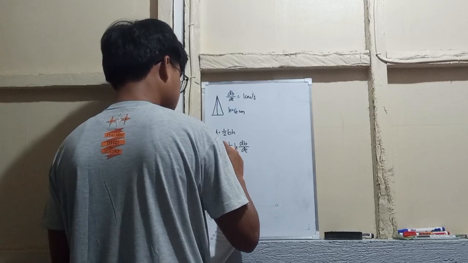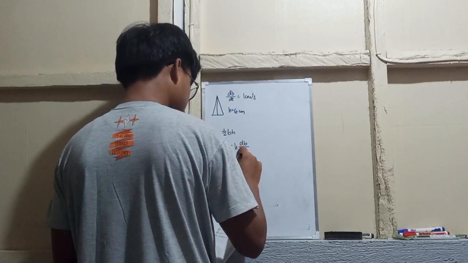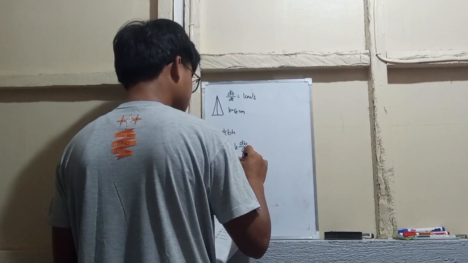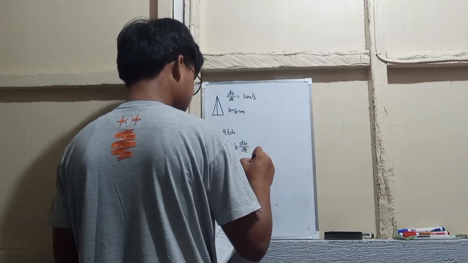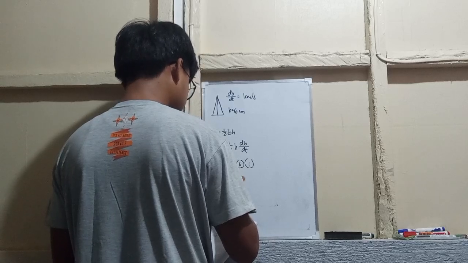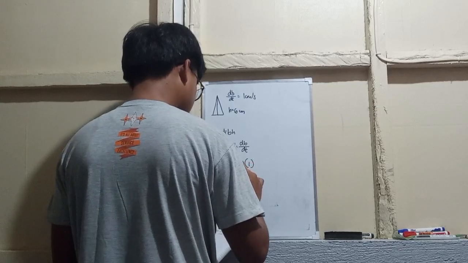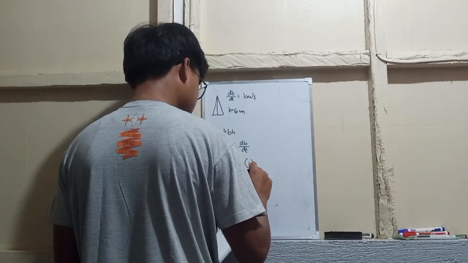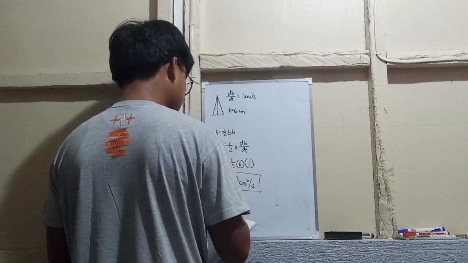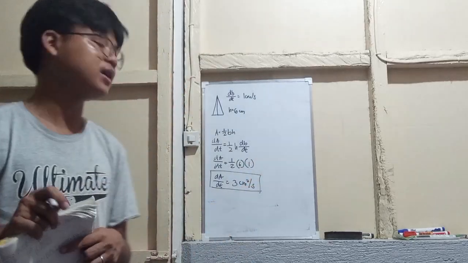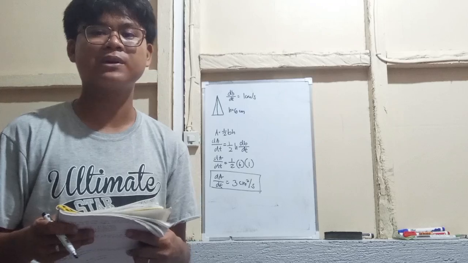So now that we have the formula, we will substitute the given. So dA over dt is equal to 1/2. Our h is equal to 6 and our dB over dt is equal to 1. And now solve. We will get the value of 3 centimeters squared per second. So now we have the final answer of the rate of the area of a triangle as 3 centimeters squared per second.